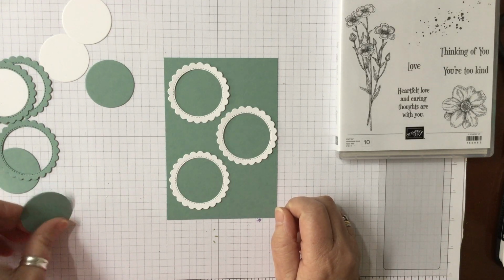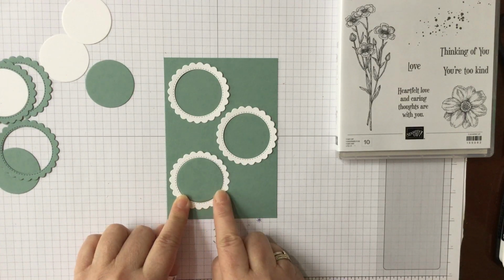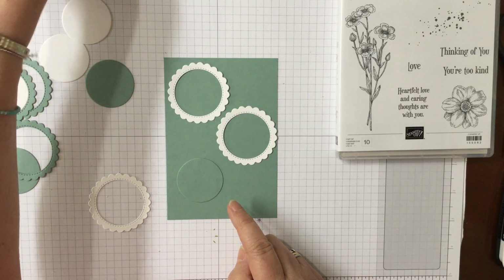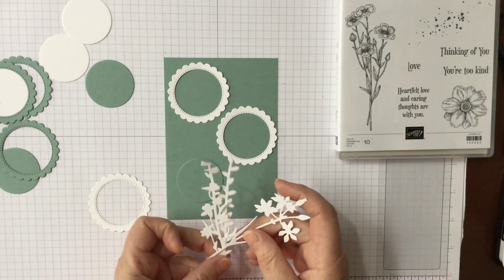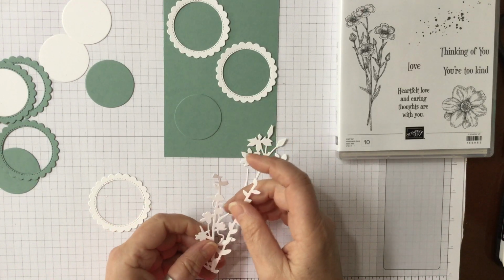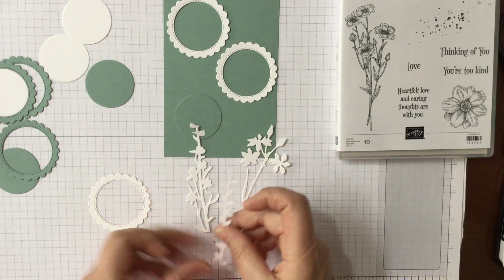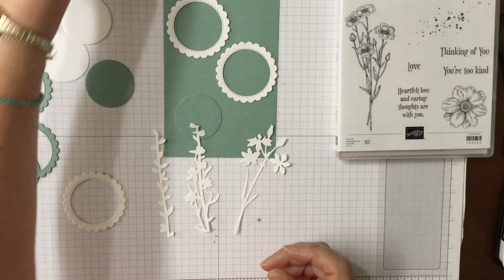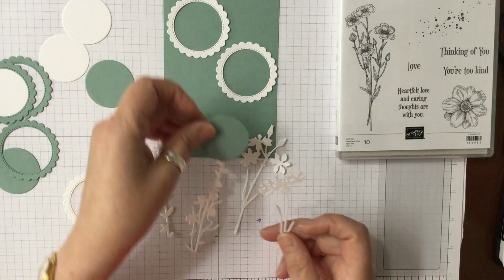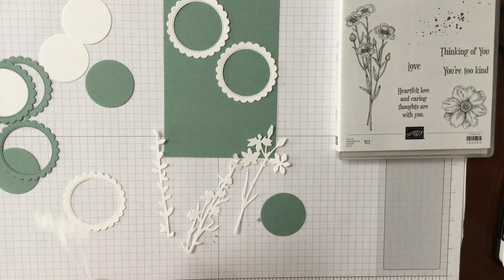And then these pieces that are going to go inside, because that's going to lift it to the same level, I've taken, and I'm not sure which ones, I've die cut some of these lovely flowers from the what's it called, Meadow dies, and they really are rather beautiful. So what I wanted to do was, let's take this one because this will be one of the easiest ones. I am going to literally just take some wet glue,